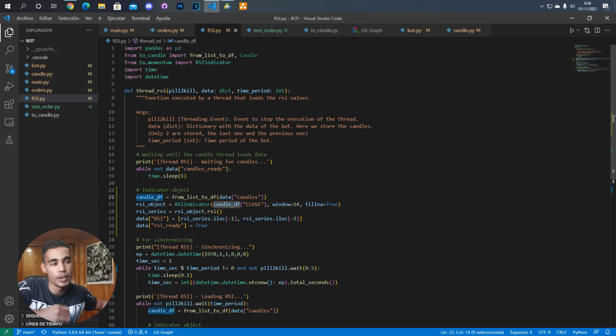We created the data frame with the candles, and now we need to send the column of the close. So this indicator will compute the value of the RSI based on the close column. We are going to set the parameter of the RSI to 14, and once we've done that, we create the series calling this method, and that's it. Now we can store the last two values in this way. So we use the iloc attribute, and here we say that we want the last one and